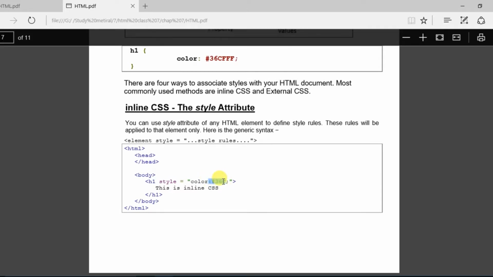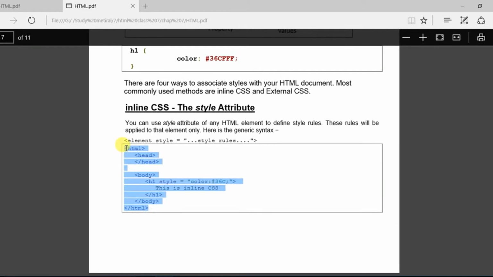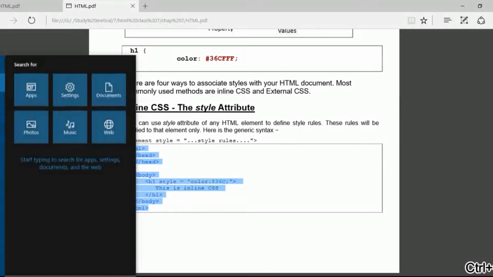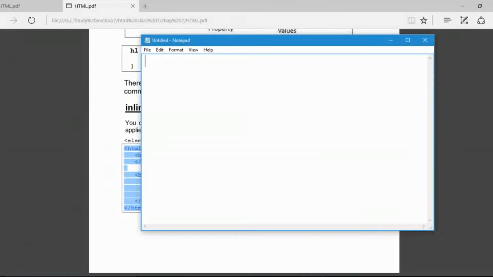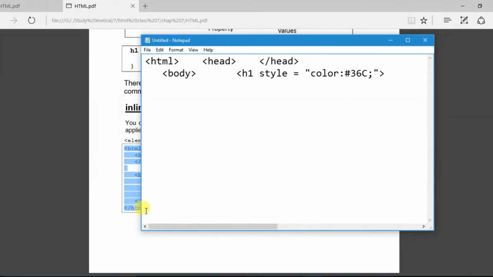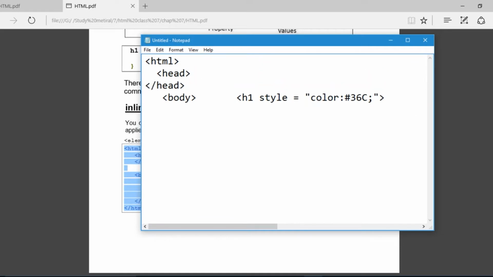So I'm going to run this code. Look here, I'm copying it, then opening the notepad and pasting the code. As usual, the code is pasted in a single line, so I'm changing the lines here. There is no compulsion to put the head because we have not used any properties or any sub tag inside the head.